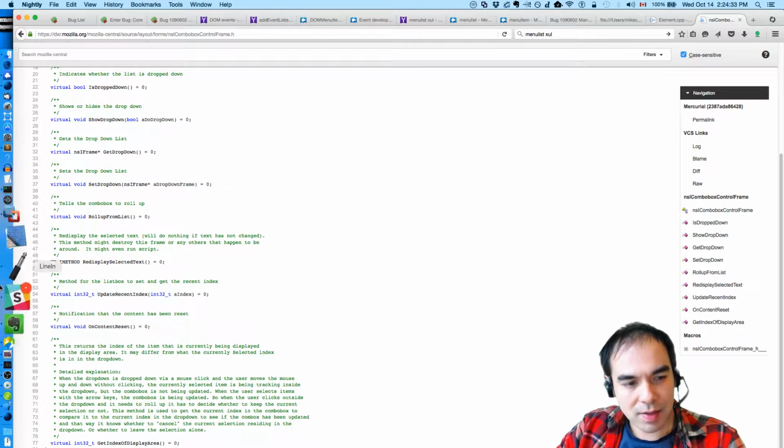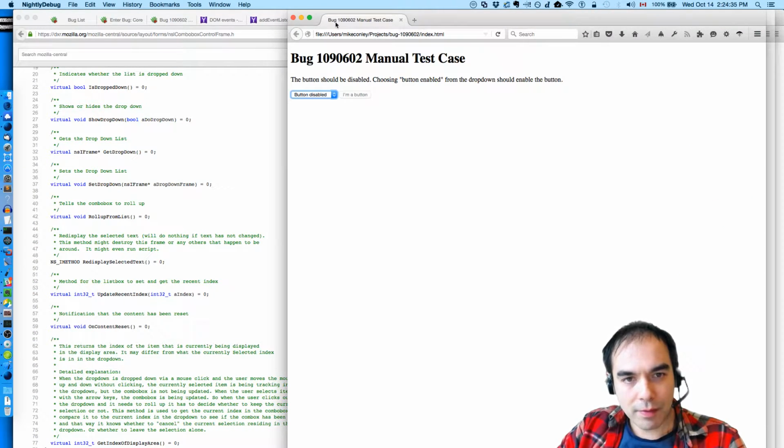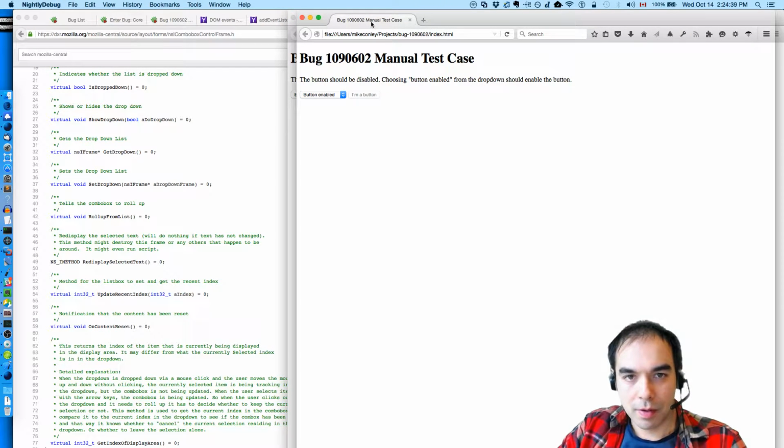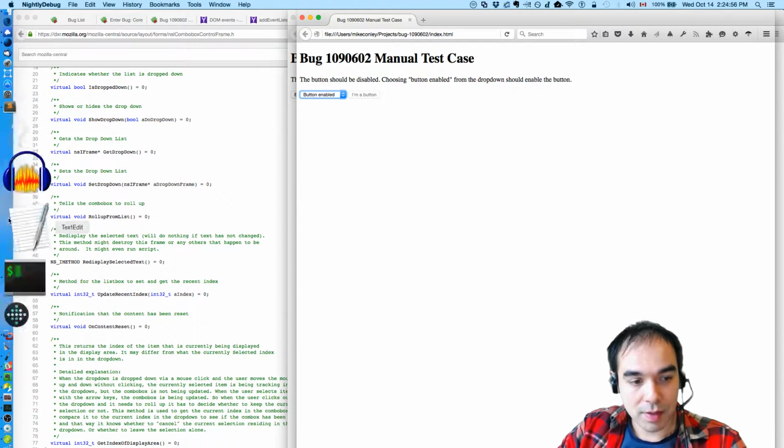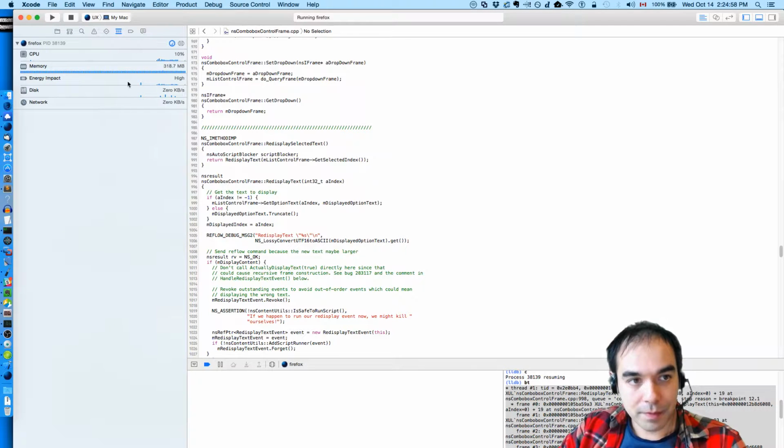I guess this isn't when we open it in multi-process mode. Well, let's find out. I'm pretty sure XUL menu list is not using NS list control frame, but who knows? Maybe it is. So let's find out.